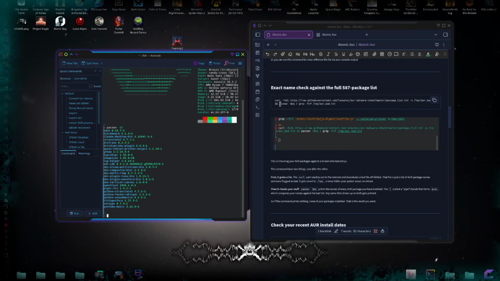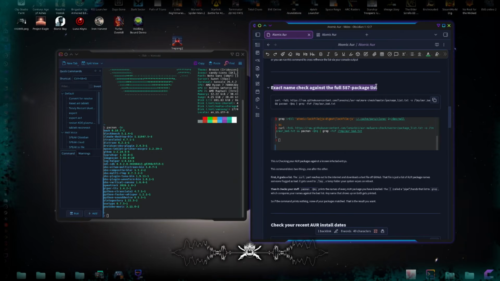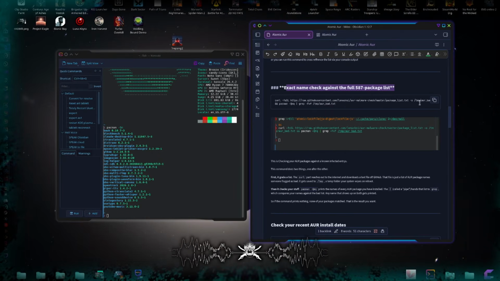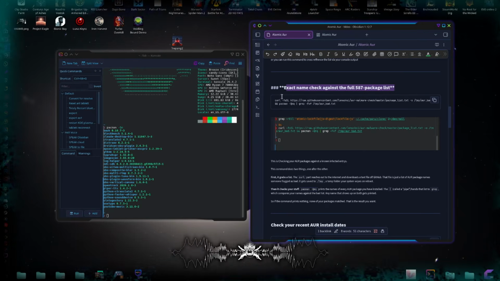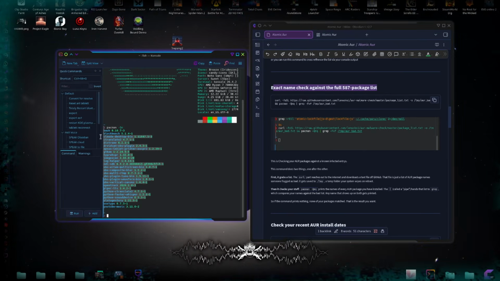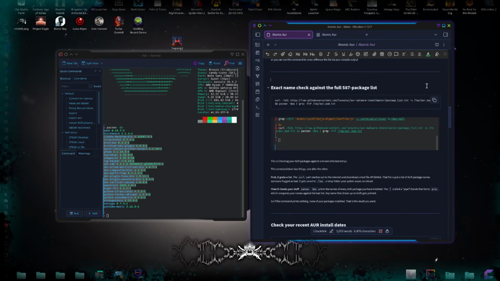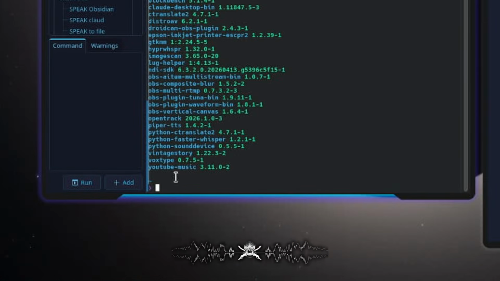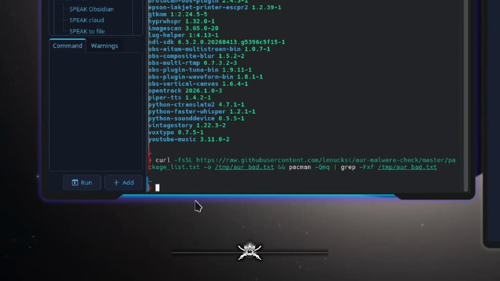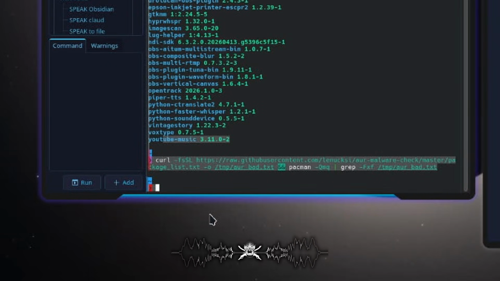So we can go down here. This is going to be an exact name checked against all, so this is going to be a little bit more. Hopefully I don't see anything here against this file. It's going to basically cross-reference this output compared to the GitHub here. And if you see an output that comes out of here, that means it might be affected. If you see nothing, like you can see here, beautiful. We just did another check.